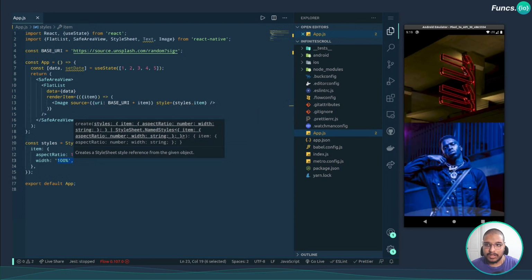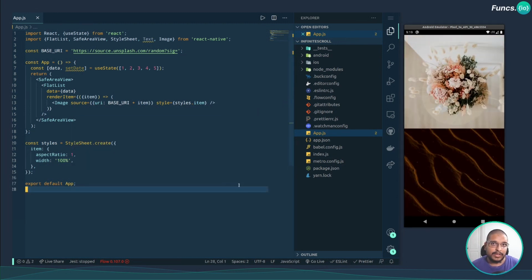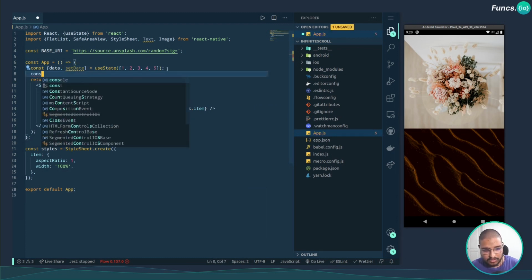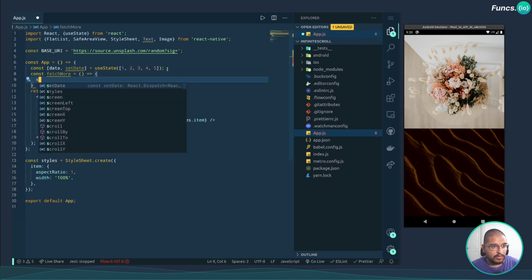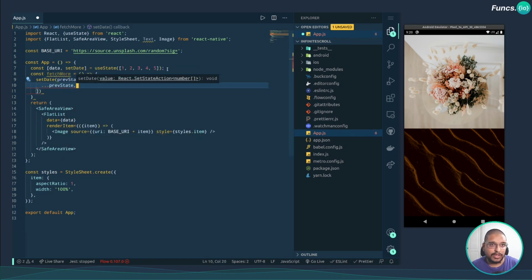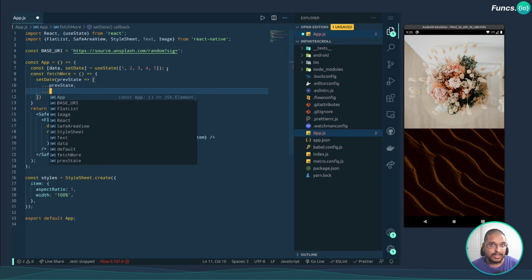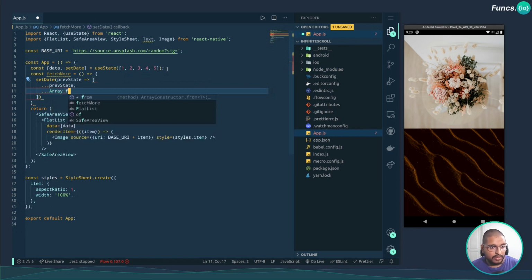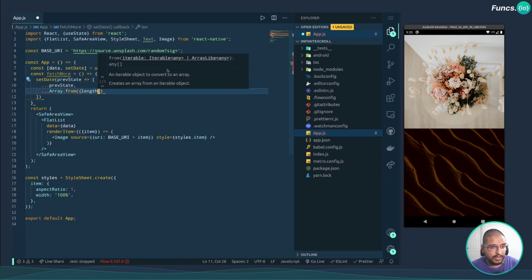So now you can see we are getting 5 images, but as we are creating infinite scroll, we need to dynamically populate this array to generate the numbers starting from 1 up to n. So for this, let's create a function called fetchMore, which just populates data. So let's get the previous state. We are using the spread operator to get the previous state into the array. Now let's create an Array.from. Let's create a length of 20. So now what we are trying to do is adding 20 more items to the back of the current array.